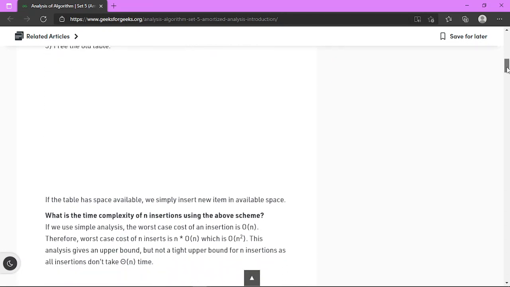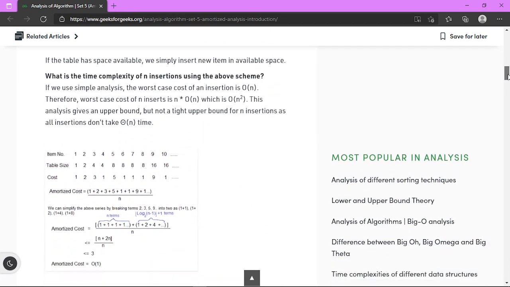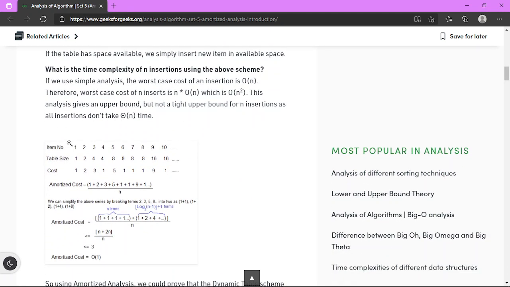In this case it will give an amortized cost of order of 1. Let's see how. If we go with the normal cost for insertion in this table, the worst case for an insertion in an array is order of n.